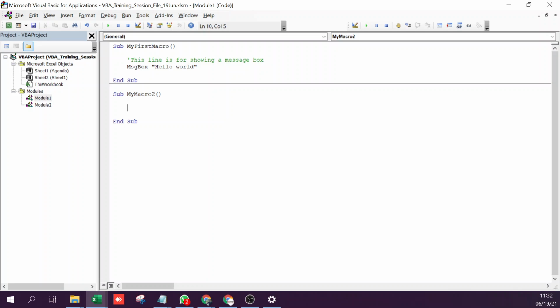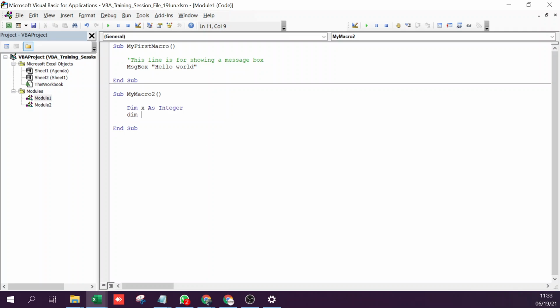In fact, for the first couple of years that I coded, I never did this. But now I have a habit of initializing variables. Obviously, it's a good habit to have. But you can totally ignore initializing variables. If you have to learn about it, you can just read about it somewhere. It is done like this. You start with dim, then you write the name of the variable, then as, and then the data type. Something like this.